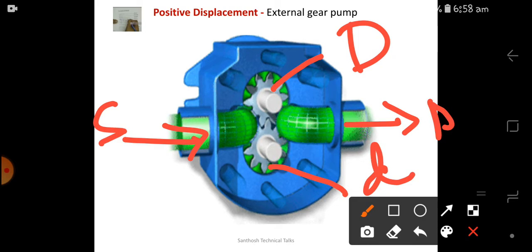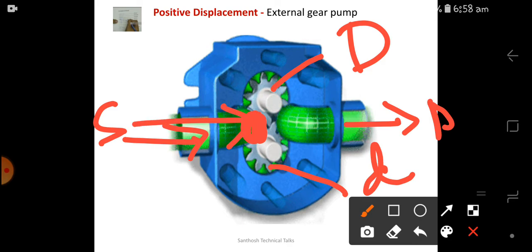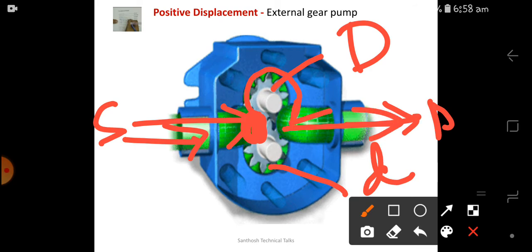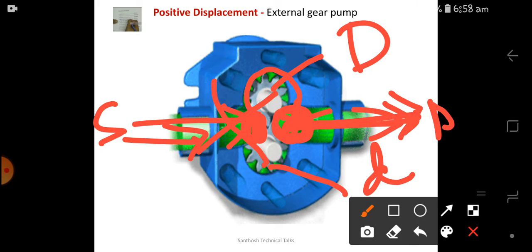So gears are being rotated, so in this gear area the suction is being produced. In order to fill the suction, the fluid comes in and is transferred to the delivery valve, and here is the high pressure area, here is the low pressure area. The high pressure area will make a very high pressure stream to the fluid, and it transfers the fluid from the low pressure end to the high pressure end.